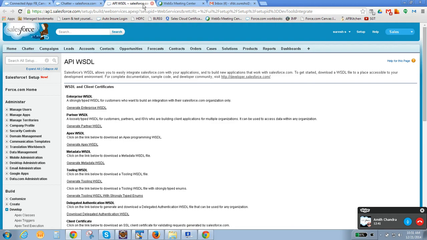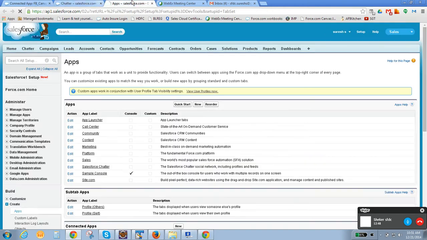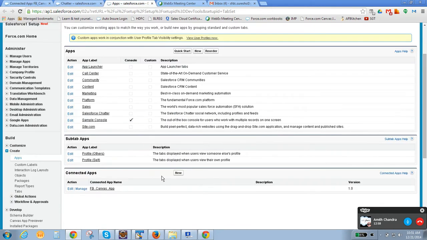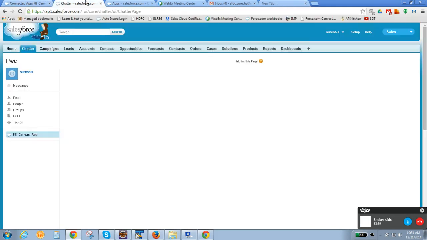Some restriction is there for Facebook, so we'll check what it is. Let me open it on paper or something like that.